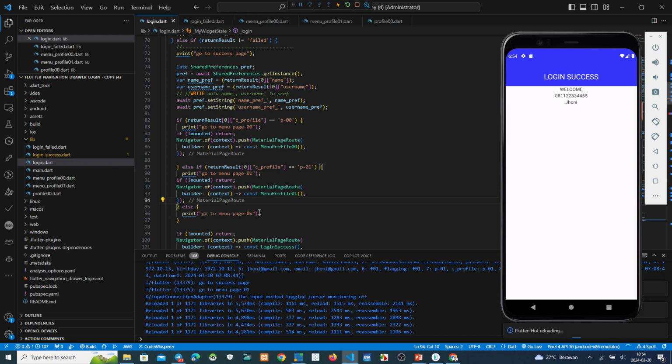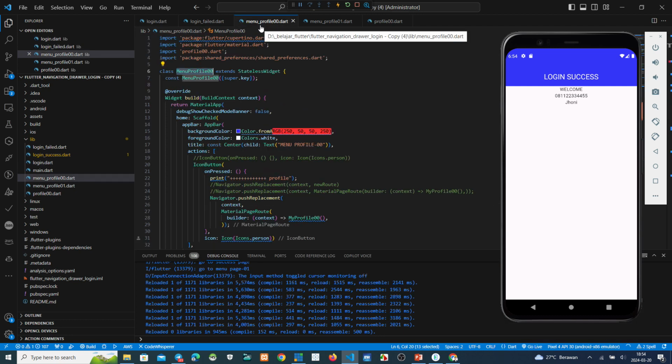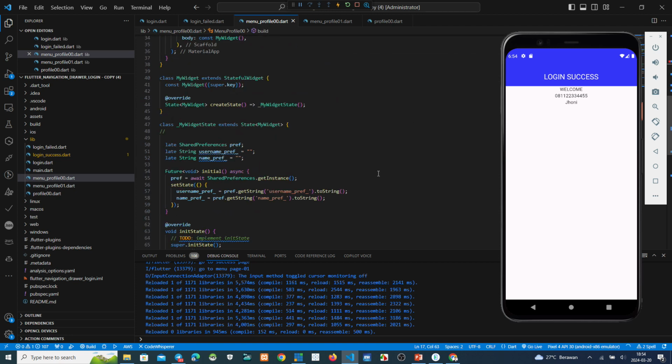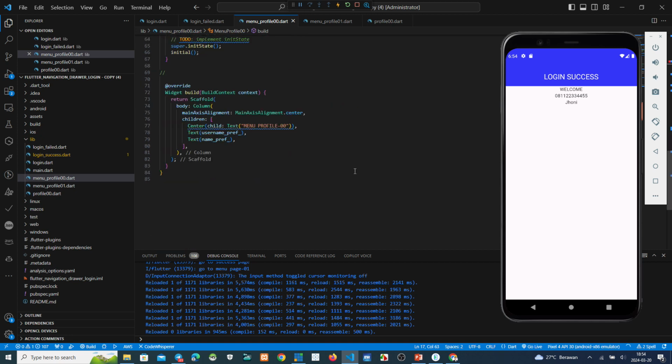If we try to this two page, this menu profile, we have menu profile. Okay, now we try.